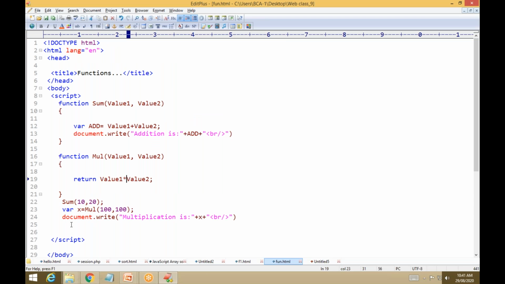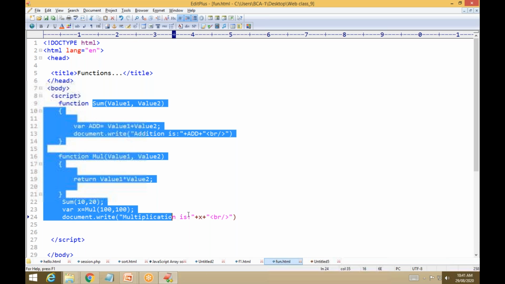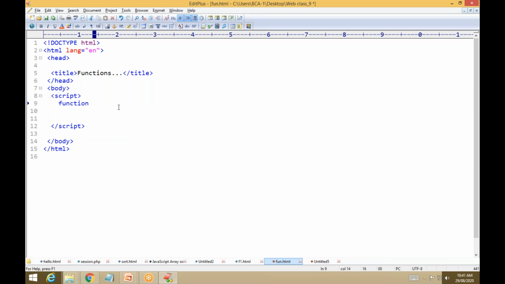So that is how you call the function and how you return the values. Now I'm using some for loop. How it takes the values and how it prints, how many times you are printing or checking the values in a for loop also. Just I'm using a different thing here, a for loop.